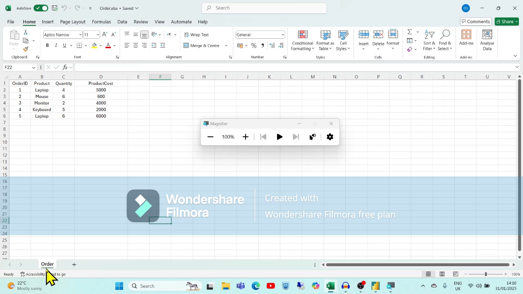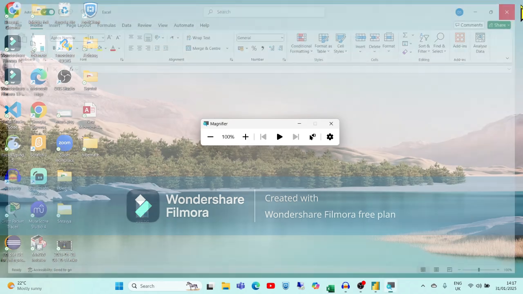Within Power BI, the sheet name will be considered as the name of the table. Here the sheet name is order, so it will consider the table name as order and create different columns within that table. Whatever file name you give doesn't matter; it will just consider the sheet name, order. I will close this.